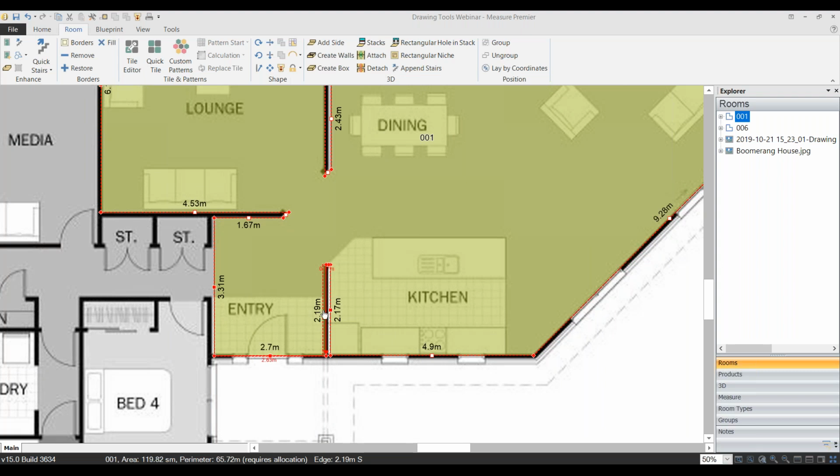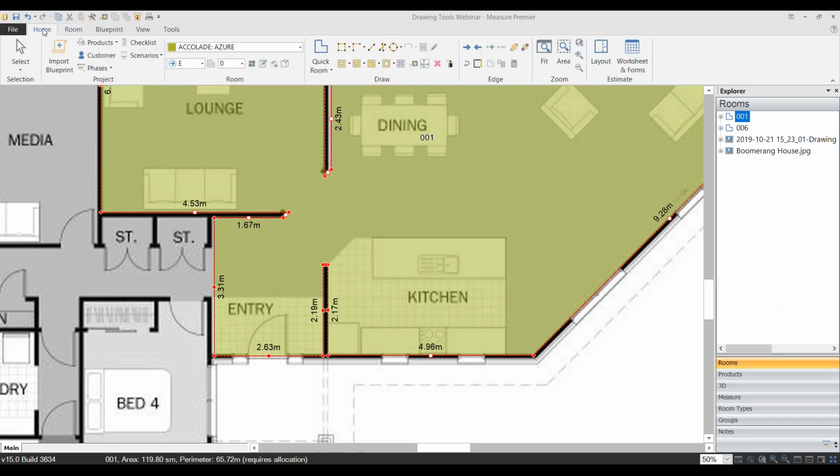Let's make a little bit of an adjustment here. How are we going to do the kitchen? Well, for this example, we're going to take the right angle tool, and we're going to draw a room over the top of it. And I'm going to start right down here, not worry too much, I'm outside the area we're going to need in the end. I'm going to draw a line up there,